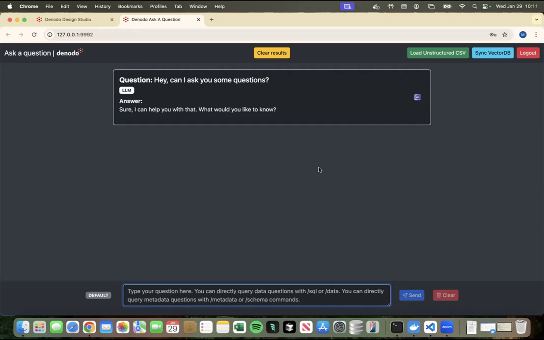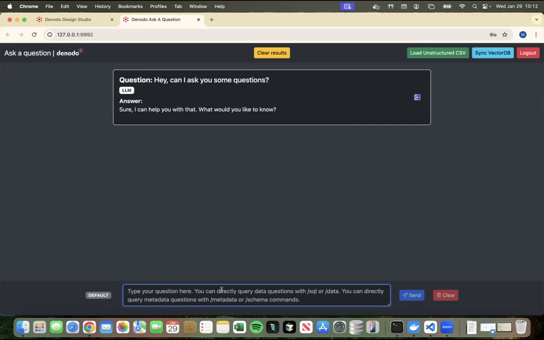I'm going to take a quick second to explain a few things about the interface. Here to the left, we can see this icon that says LLM. It'd be nice to stay focused on this icon throughout this whole demo because it will change color and help us understand where the LLM is going to answer our questions. Sometimes it will say, okay, I don't need to access anything regarding Denodo, I can just answer myself, and it'll stay white. Or it can be a data question like, how many loans do we have? Then it'll go blue and say data. Or finally, we have the metadata option, where we can ask questions about the actual schema of the tables we have in the database, and it'll go red.